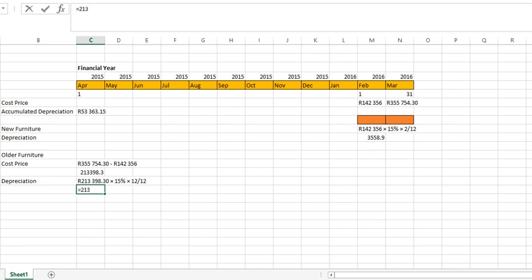So if you do this calculation, then we get a depreciation value of 52,009 Rand and 75 cents. So that's at the end of the financial year. We calculate depreciation at the end of the year. So our total depreciation in terms of furniture and fittings is then going to be